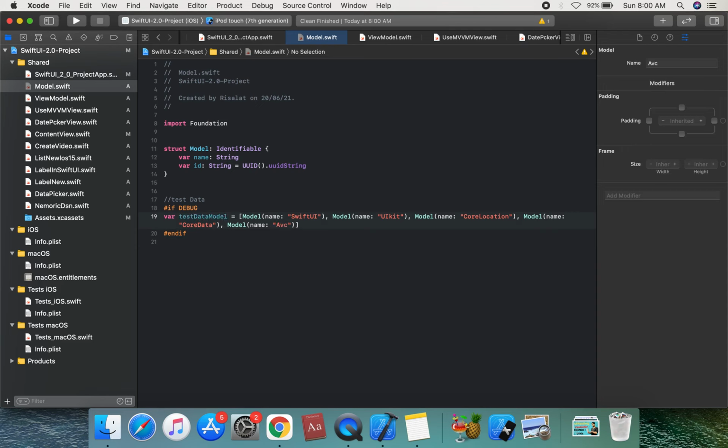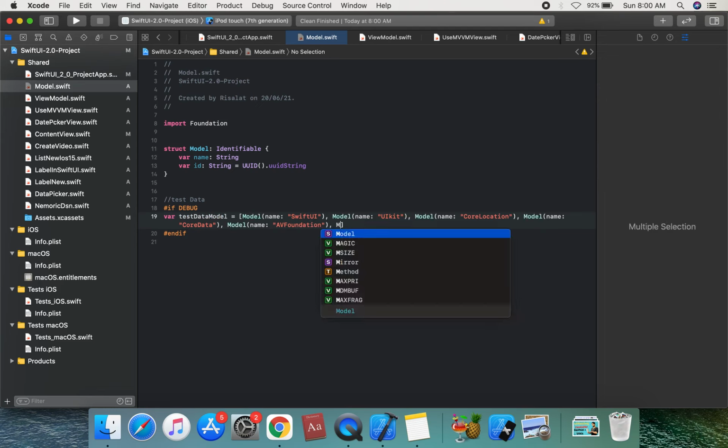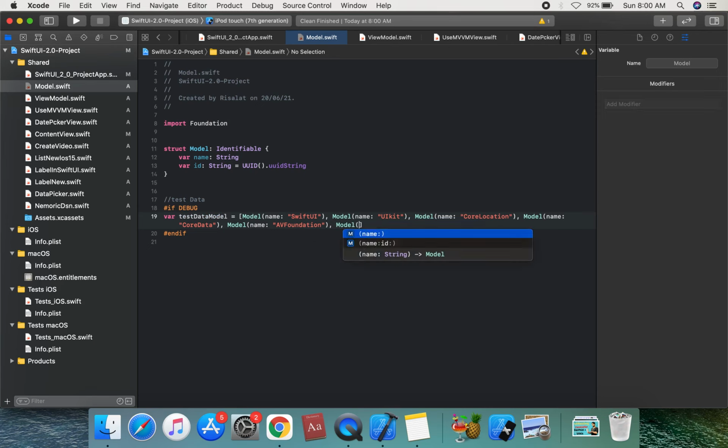AV Foundation. And we can create another framework model. So this is SwiftUI, UIKit, Core Location, Core Data, AV Foundation. Suppose we add another framework. We can set accessibility on this. Swift.